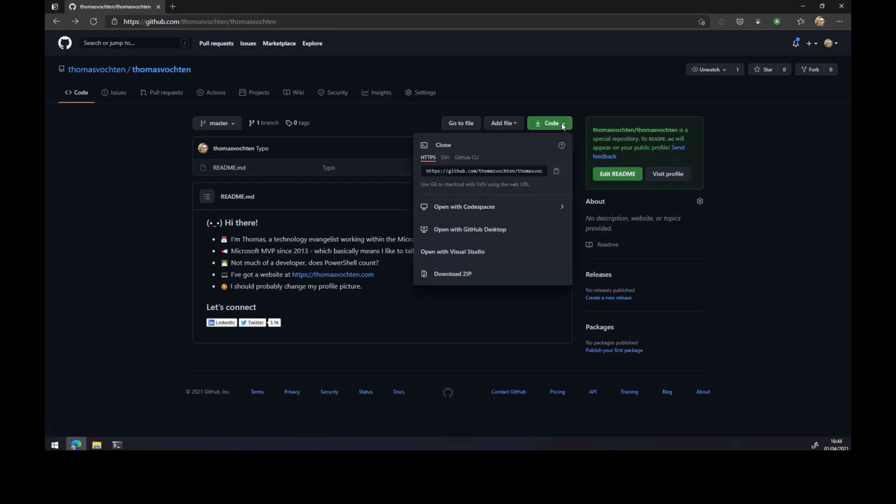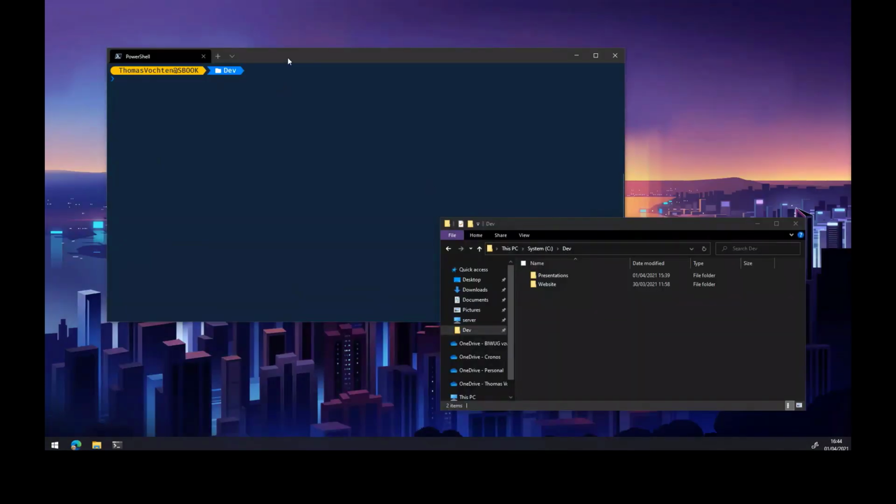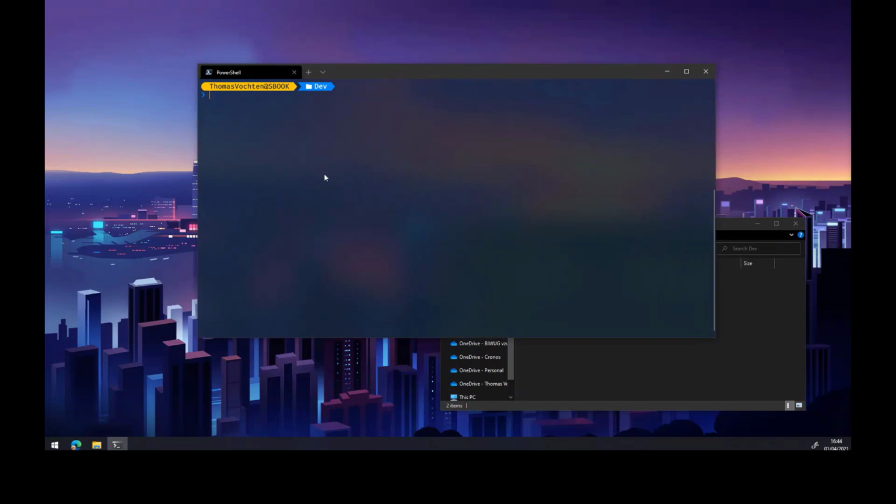And to get a clone, you click on code. There are different ways here. You can download the zip file if you want, but as I said, we don't want to do that. And there are different methods depending on your authentication. You can use the GitHub CLI that we talked about, but I'm going to use the default method, and that's through HTTPS. So what you do is you copy that URL here, you go to your command line, and you say git clone,